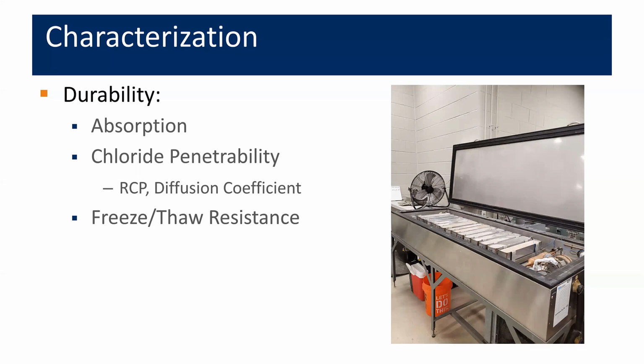And finally, when I think of ultra-high performance, I think of performance, I think of durability. And so for UHPC, it's often also important to characterize the durability. This can be accomplished through characterizing the absorption, which reflects how much moisture can be absorbed by the concrete. It can be performed by assessing the chloride penetrability, either through a rapid chloride permeability test or RCP test,